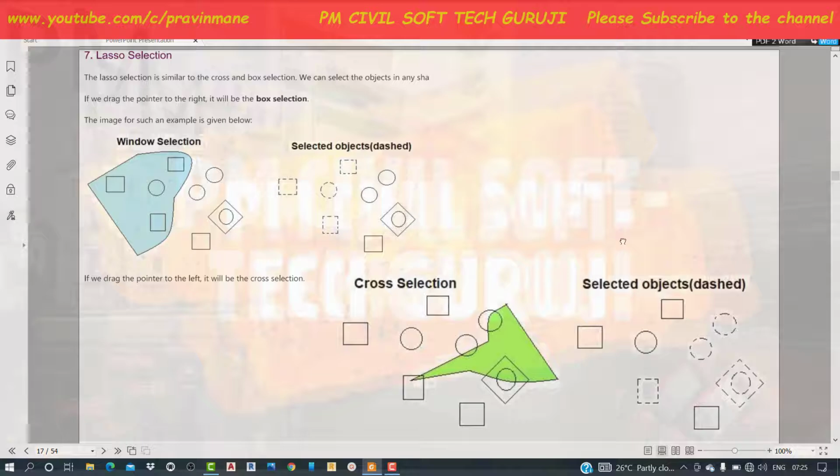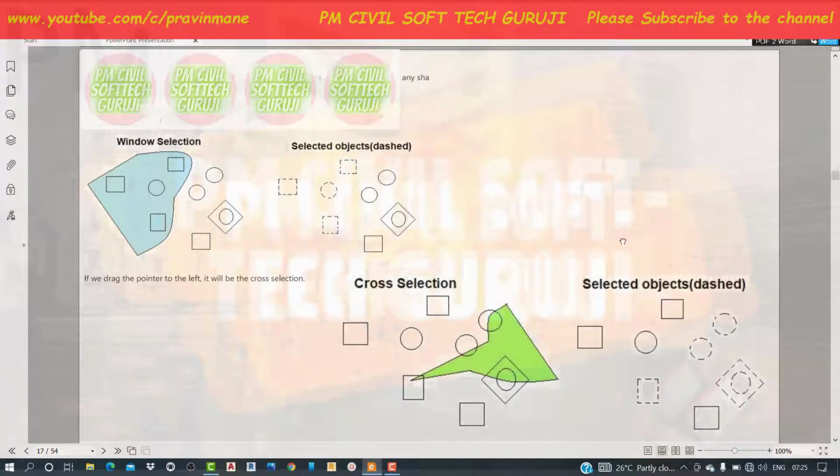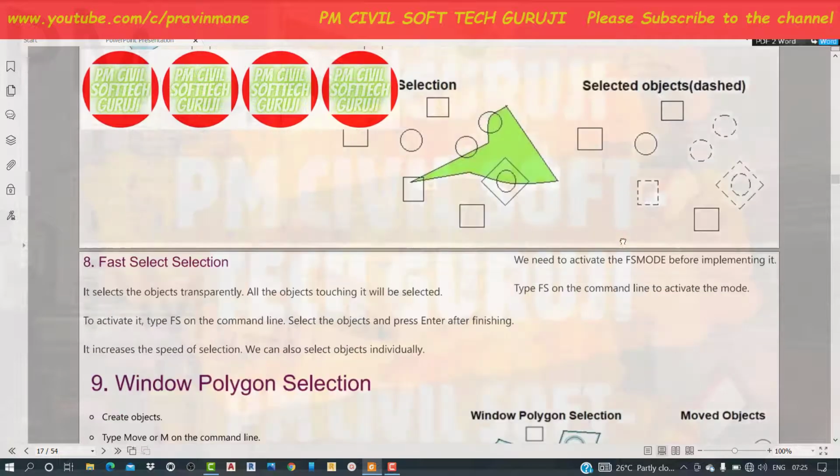And if we drag the pointer from right to left, it will be the green selection. So as shown in the figure, objects are shown. So this will be the lasso selection.